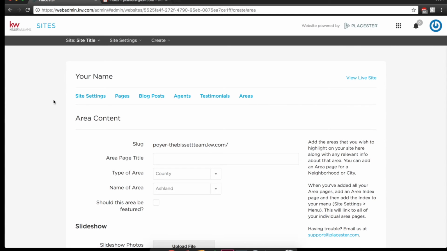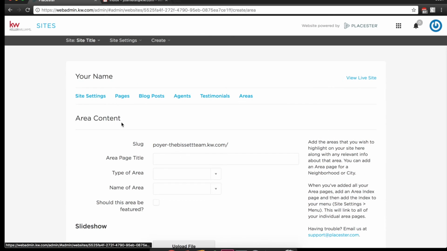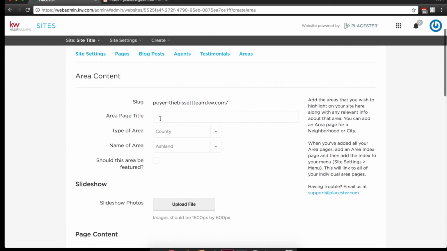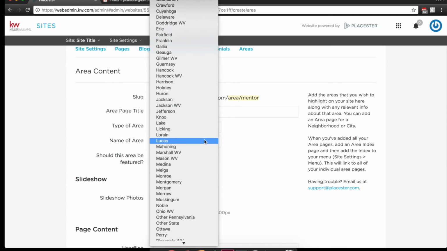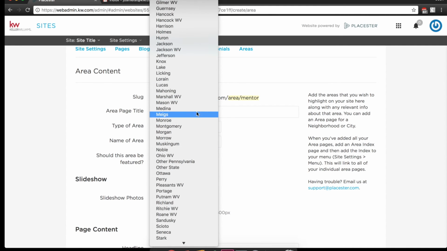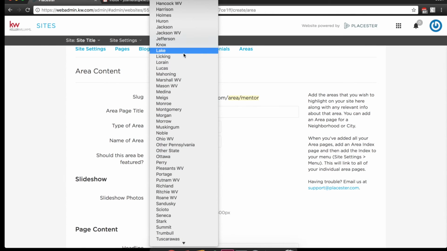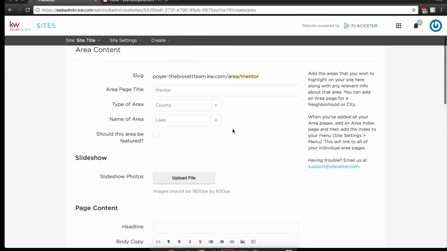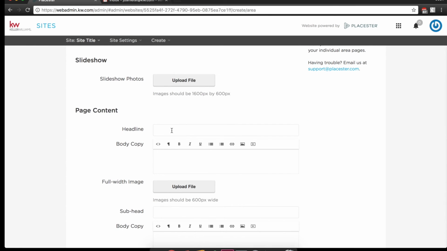You will also have the ability to create custom web pages about specific areas such as Mentor, Ohio, or Lake County in general. When you're on the areas page, you'll hit the plus sign and it'll take you to the page editor. From here, you'll be able to walk through these simple steps, naming the type of area, the name of the area, if it's featured, upload photos, the page content,